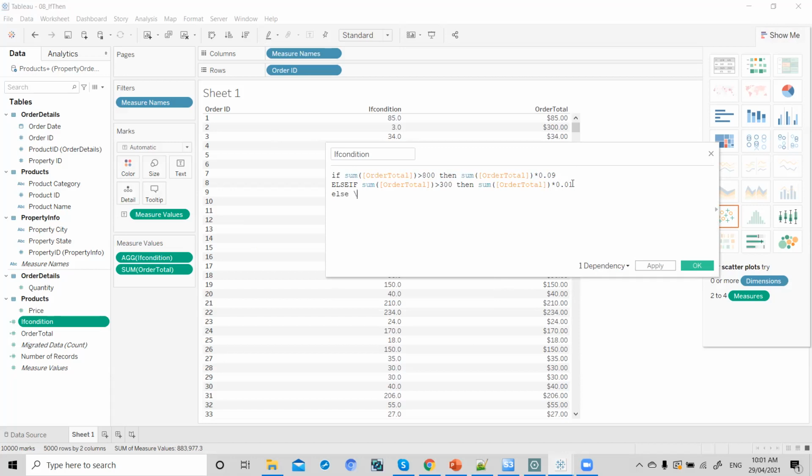Else, leave this as is and then end. So here what I did is, I have applied multiple conditions. To apply multiple conditions, this is my first condition. To apply a multiple condition, we need to give else if this condition, and if this else if condition is also not met, then simply do sum